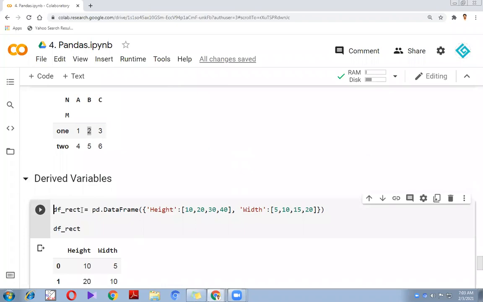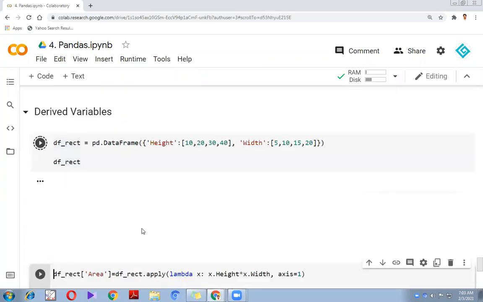Suppose df_rect, where rect says rectangular. We are going to create it with pd.DataFrame, with height and width. So I have different height values and different width values. If I print it, I will have a height column and a width column. Suppose I want to calculate the area. So df_rect['area'] is going to be a new column equal to